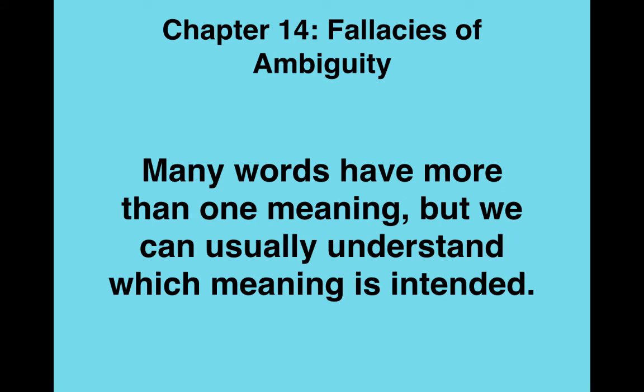In the same way that we said that much of the language that we use is vague, that is imprecise, being rich, fast, tall, thin, bald, a lot of the language that we use is also ambiguous. That is, many of the words that we use have more than one meaning. Although this is not always a problem because we can usually understand which meaning is intended. Sometimes because of the context, sometimes because of the other words in a sentence. But once in a while, we use language in a way that is ambiguous. That is, that we can't understand which of the two or more meanings are intended.